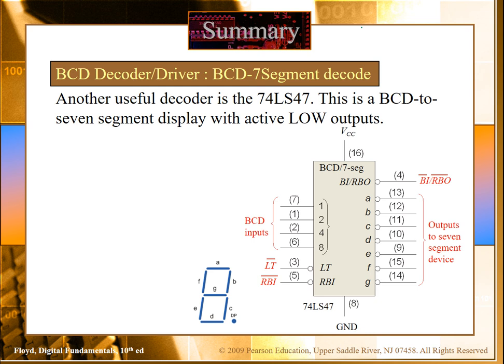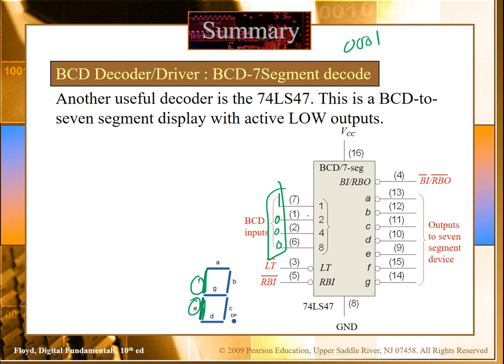For example, let's say you have 0 0 1, like 1 0 0 here. On the LED, you want to display 1, which means you just want to display these two LEDs, only F and E.